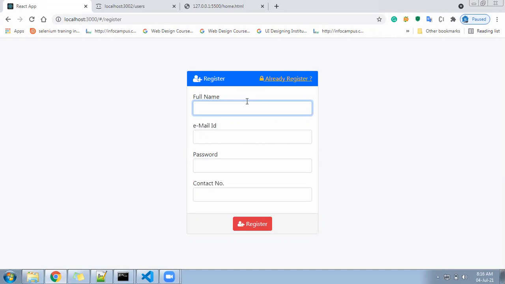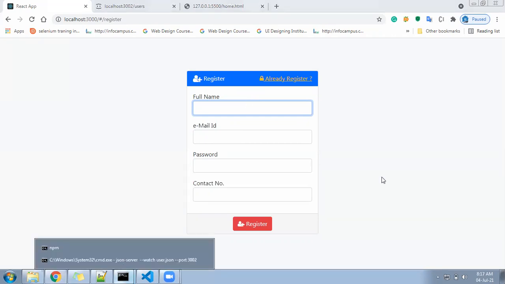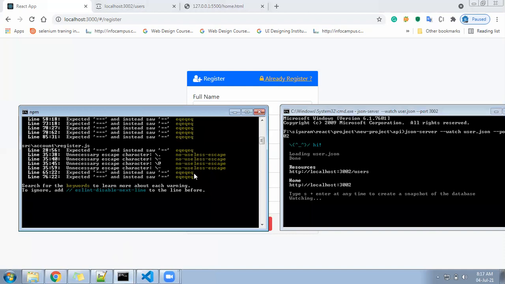Number one, you start both servers, here in the CMD. One is this CMD, another one is this CMD. One is the JSON server running, another is your React server running. Then run your project. After that, go to the register page, fill in the user details, click on register, and look into the user.json file to see whether the data went or not. If data went, then everything is well. You can confirm in the chat, yes, working. Then we can start next.